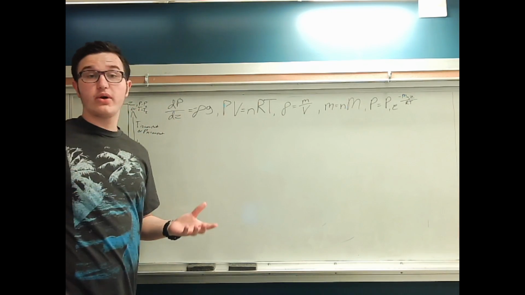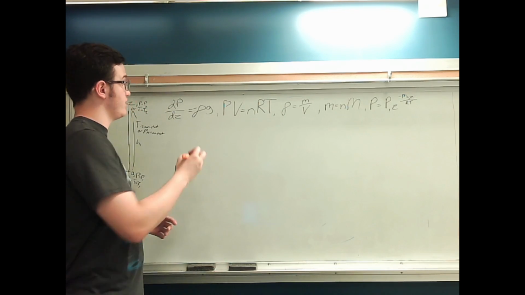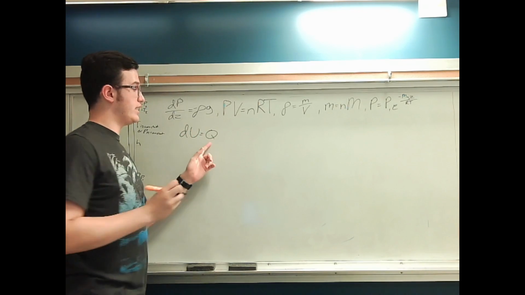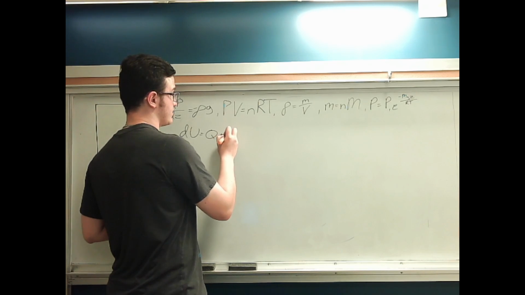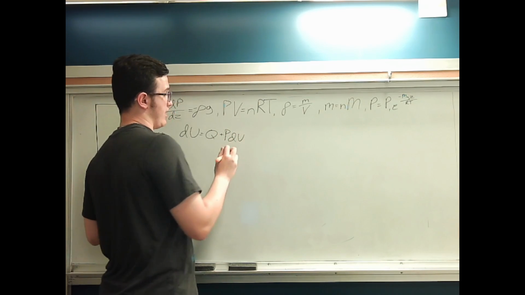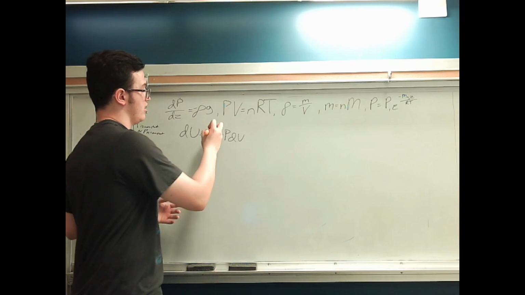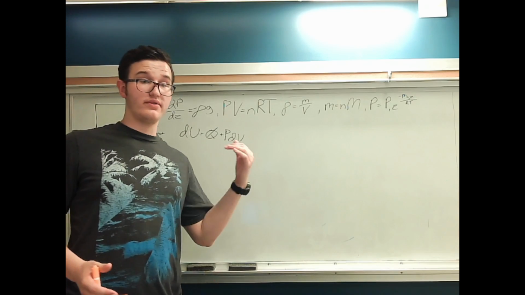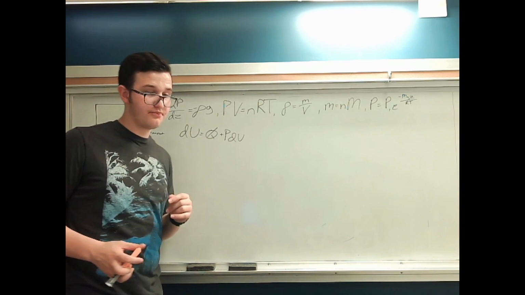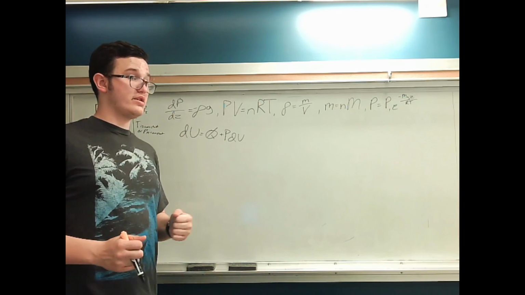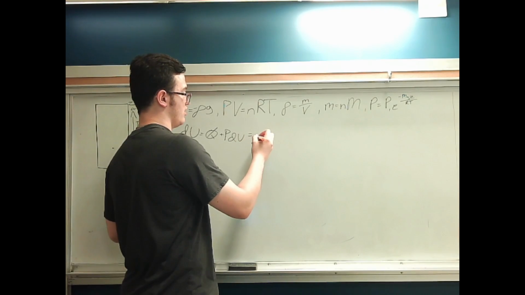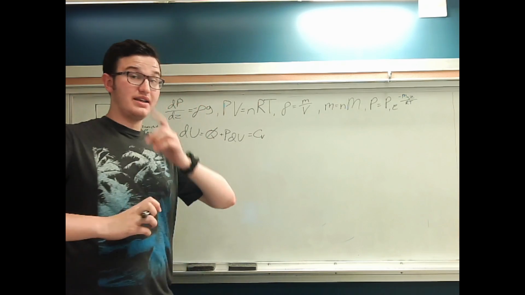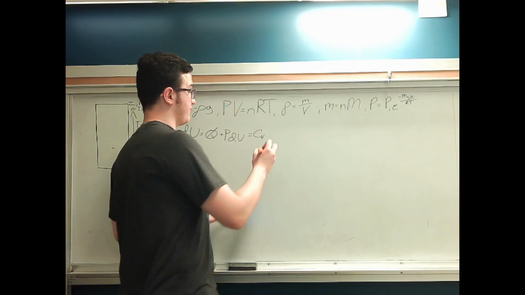So I'm now going to use the first law of thermodynamics that says the change in internal energy dU is equal to heat added plus pressure multiplied by change in volume. Now, the heat added is 0 because it's adiabatic. That has been stated in the problem. So this is 0. We also know that dU is equal to Cv times dT, change in temperature,